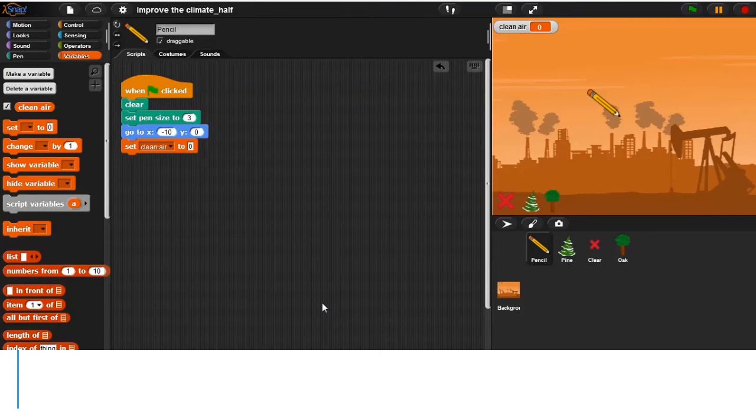As you remember, when the clean sprite sends a message to the pencil, all drawings will be cleaned. That means you will need the blocks when I receive clean, clear.